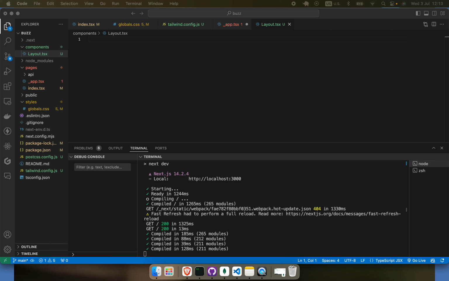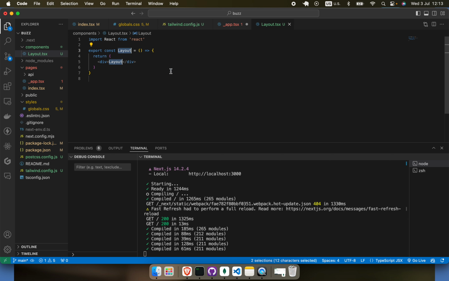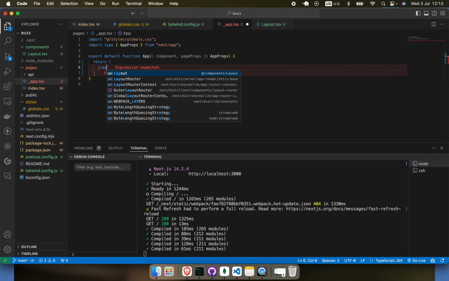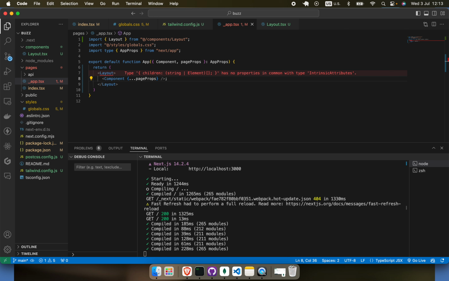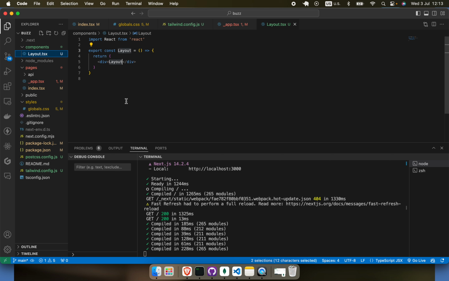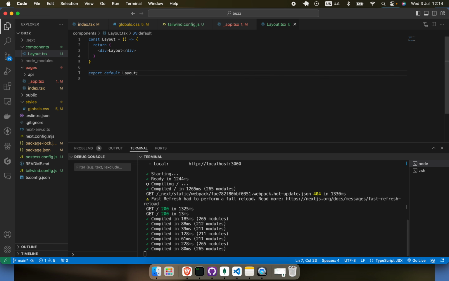Go back into _app, and let's import this from